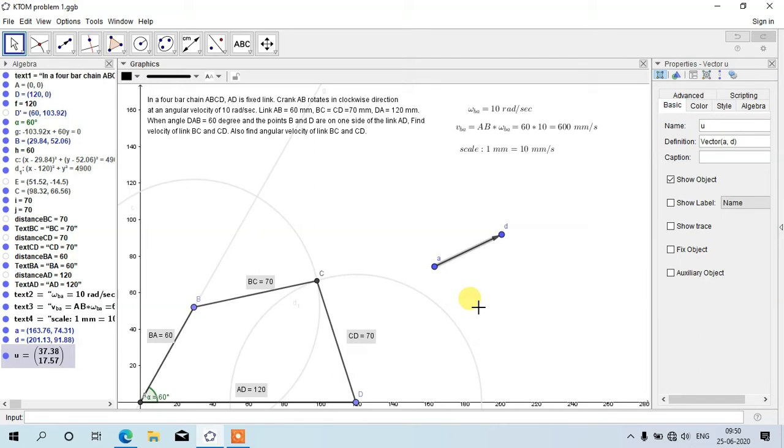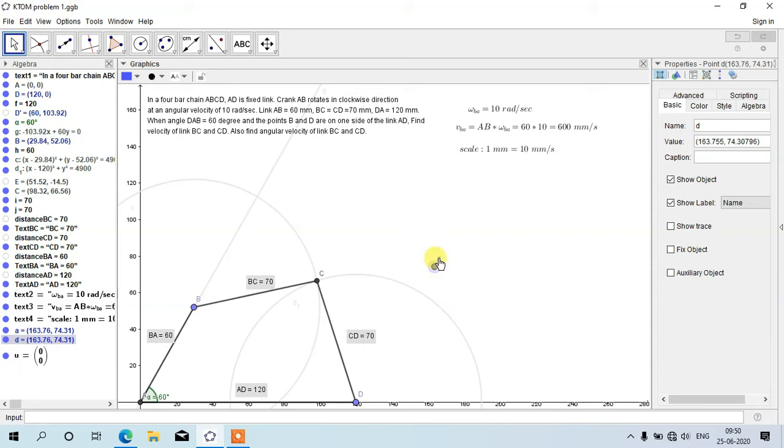Okay, so what will be the velocity of point A and point D? It will be 0 because they are fixed. Okay, link AD is fixed, it cannot move. So the body which cannot move, the velocity of that body will be 0. Okay, so if I want to show this velocity vector as 0, then what should I do? We know that the length of a vector represents its magnitude, and we have found that the velocity of point A and the velocity of point D is 0, which means the magnitude of this vector should be 0.